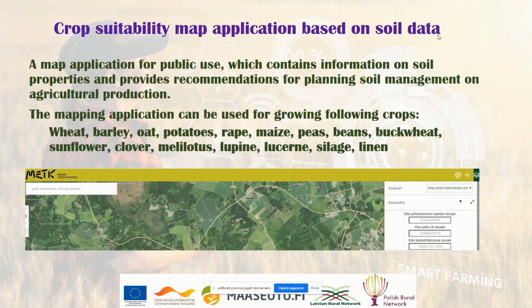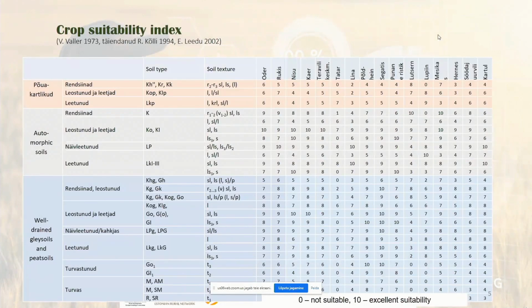For this crop suitability, this is mainly based on soil data, the soil types and soil textures. You see, this is the base table under this application. We have different soil types in this column. We have soil textures in this column, and then we have these points for each of the crops, for wheat, for rye, for lupins, for different things. 10 meaning the best suitability, and 2 and 1, 0.